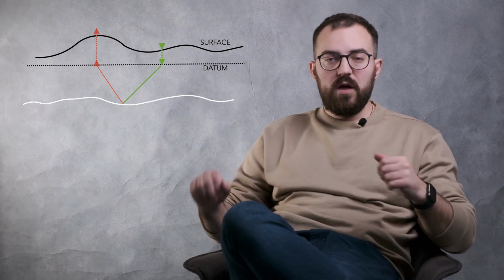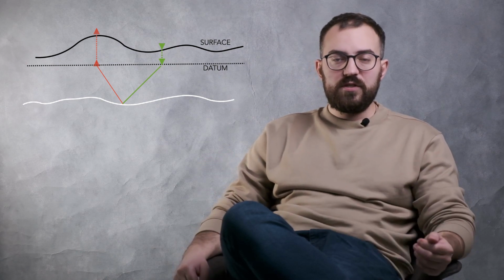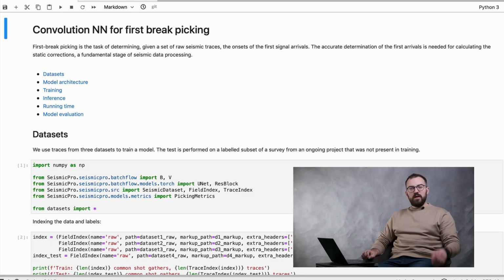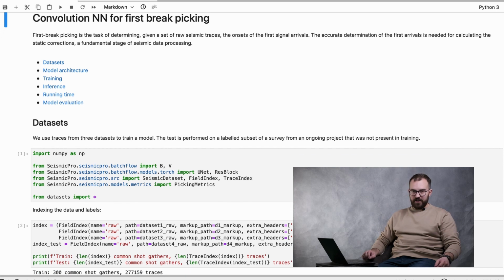This allows to model seismic survey as if it took place not on the Earth's surface, but on some flat plane. When all the sources and receivers are located on the same level, the trace's coherence increases. This leads to a great effect static corrections can unveil. Now, knowing how important accurate first break picking is, let's get into action.